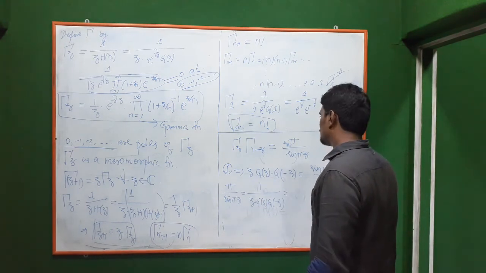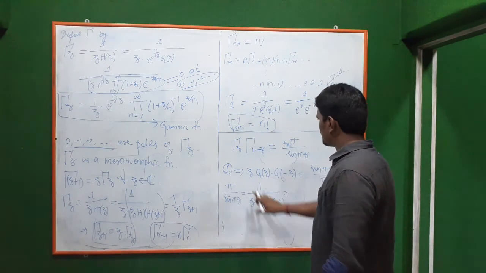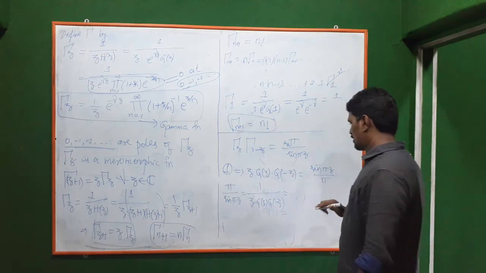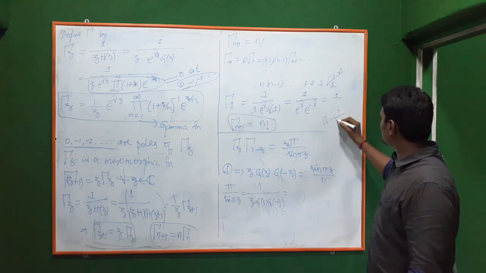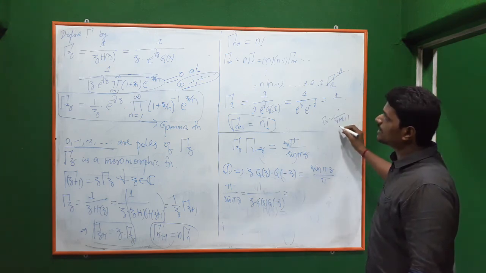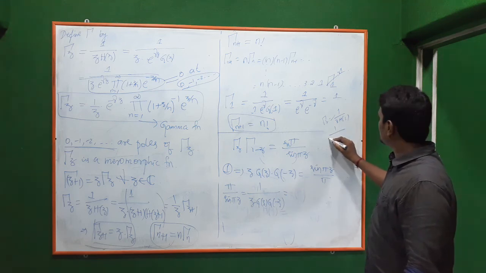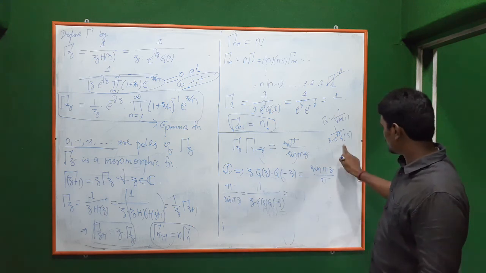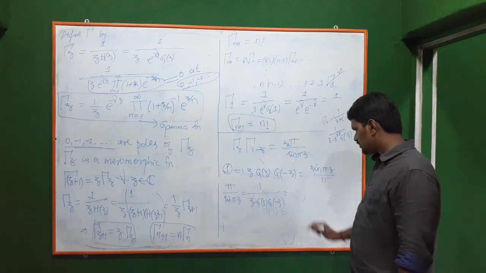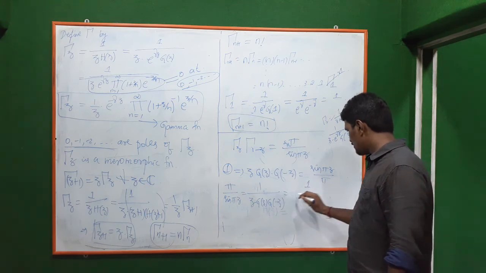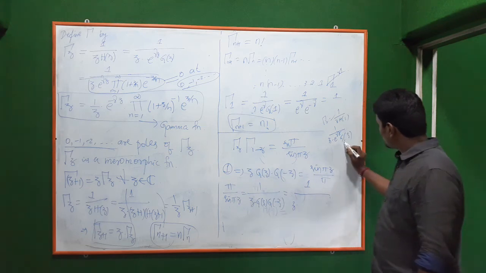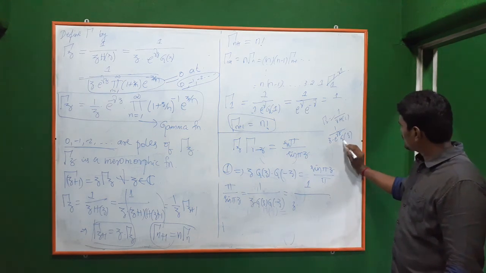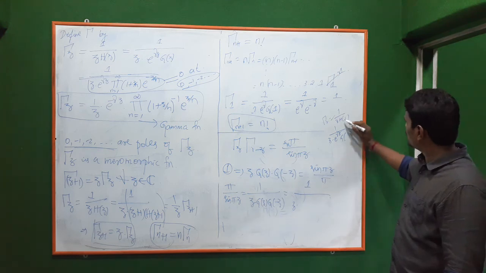So now here you find what this is. Here we have to get it as gamma of z into gamma of 1 minus z. What is the definition of gamma of z? 1 by z into h of z. And the definition of h of z is 1 by z e power gamma z g of z. So something like that you have to get. See here, g of z into e power gamma z g of z means we will get it as h of z.